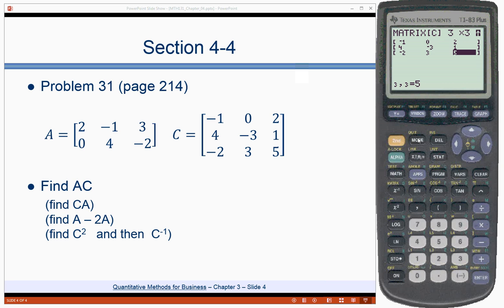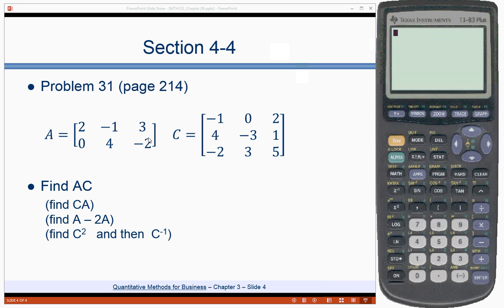So I've got matrix A. I quit out of that. Let me clear this out. Matrix A is this thing. Matrix C is this thing. Find the product of A times C. A is a 2 by 3, and C is a 3 by 3. So there are as many columns in A as there are rows in C. The result of A times C, a 2 by 3 times a 3 by 3,